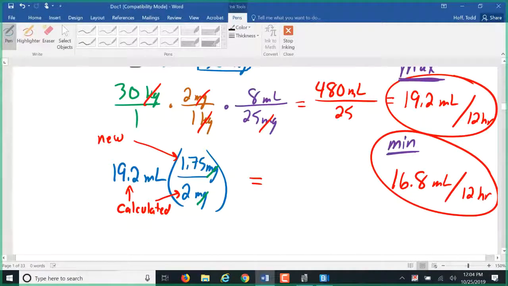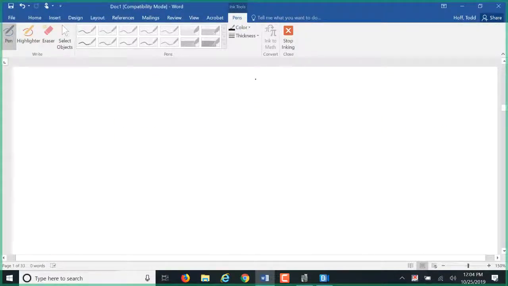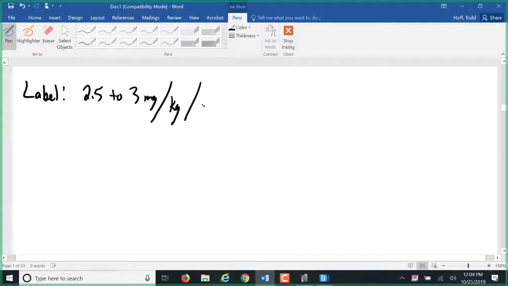Questions? I'm going to have you guys quickly find maximum and minimum dose. If our label says 2.5 to 3 milligrams per kilogram per day,